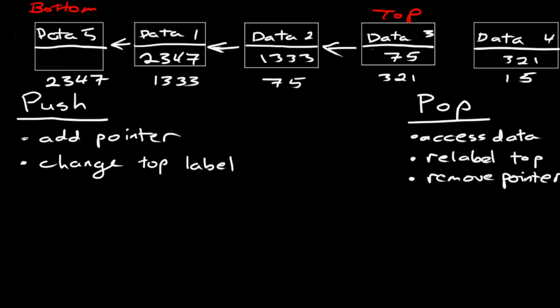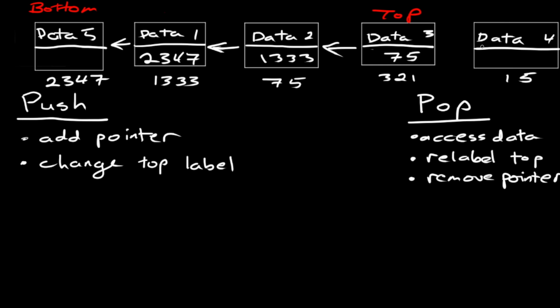This is our new top here. And I'm just currently having data 4 disconnected so that we can see how the pushing and the popping is going to work. So with the pushing, when we add something to the stack now, instead of changing the top's pointer to the new data that we're adding, we're actually going to add a pointer in the new data to the current top. So this data 4, that's what we're adding here. And in order for this to be on the top,